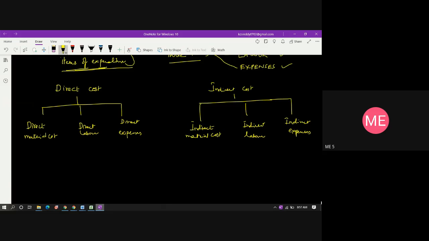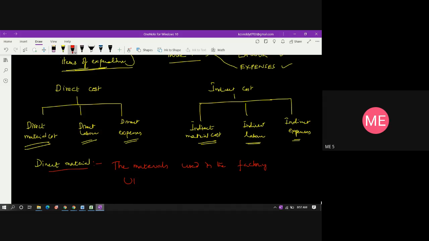We'll discuss the definition of each one: what the direct material cost, direct labor cost and direct expenses are, as well as the indirect material cost, indirect labor cost, and indirect expenses. Okay. So, direct material cost. What do you mean by direct materials? As we said, the materials which are used in the factory